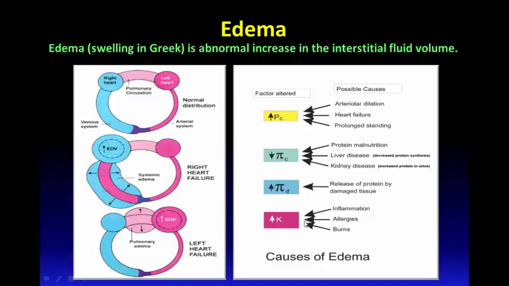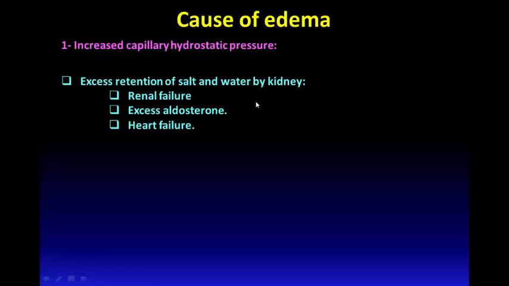Also, an increase in the filtration constant, like what happens in inflammation, in allergies, and in burns, would result in edema. Hence, the causes of oedema or edema, like what the Americans say, include again increased capillary hydrostatic pressure,